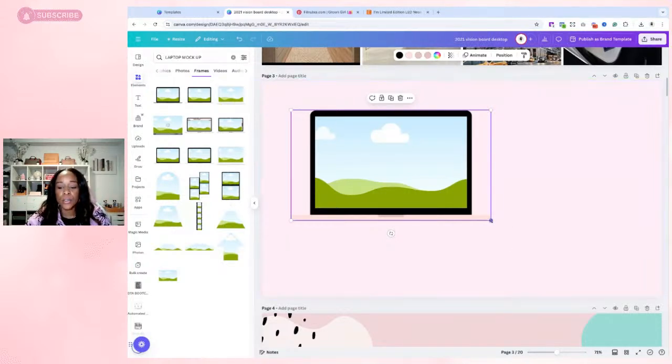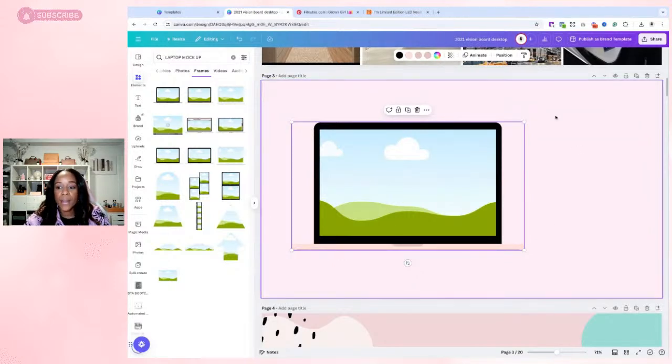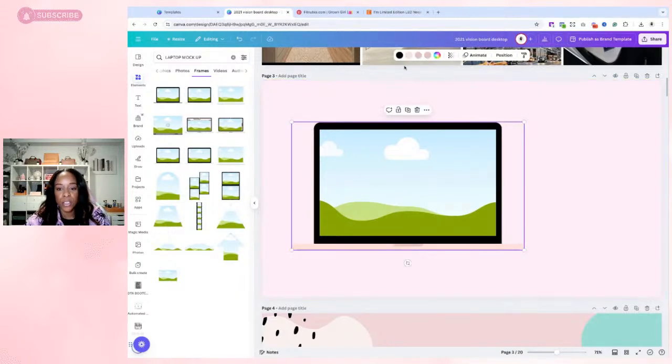So what I do is I put the computer right here, because this is what my desktop would look like. I would put the computer right here, and then I would leave this empty space to organize whatever folders are for real on my desktop to go over there. So it's not cluttered, and then I can organize them. So now that this picture is here, you can change the color of your laptop. I'll leave it pink for now.